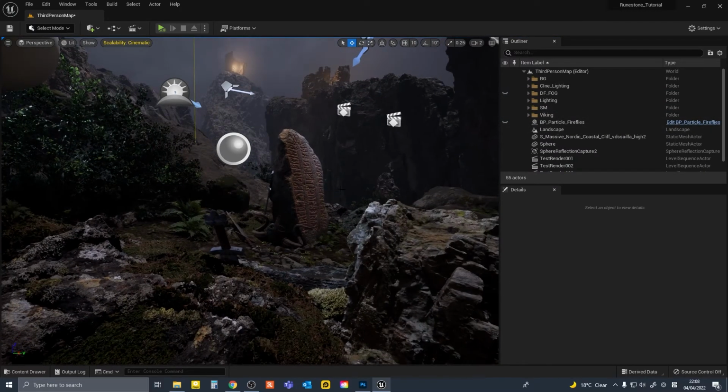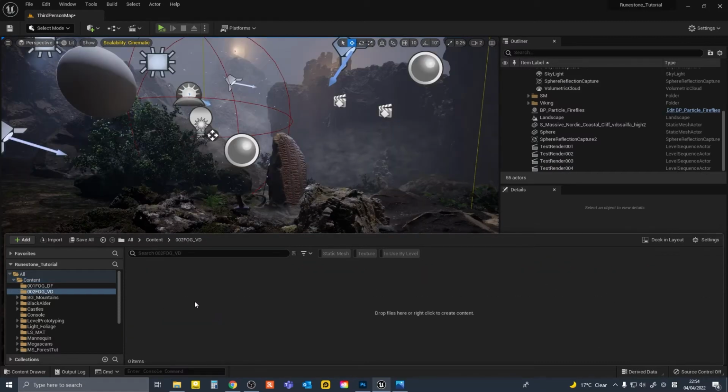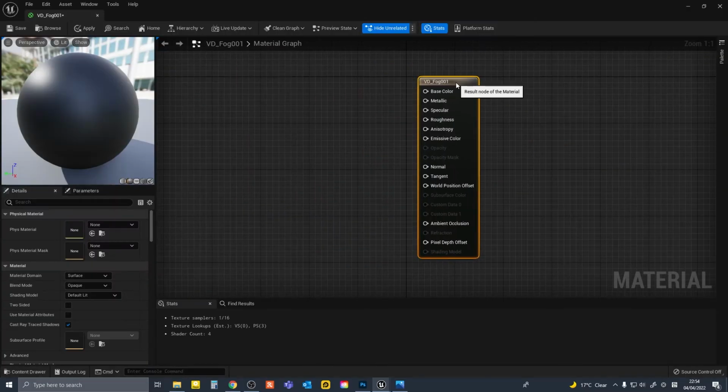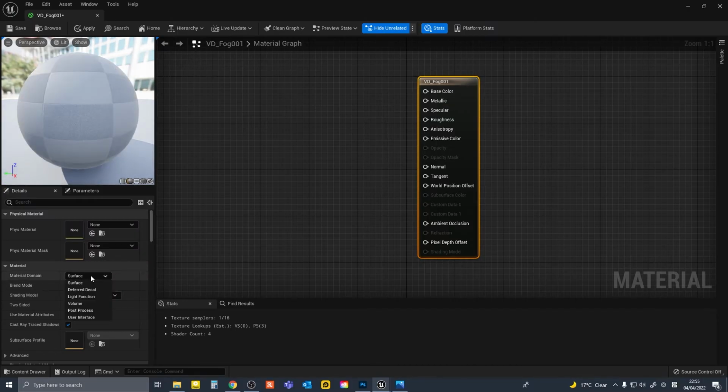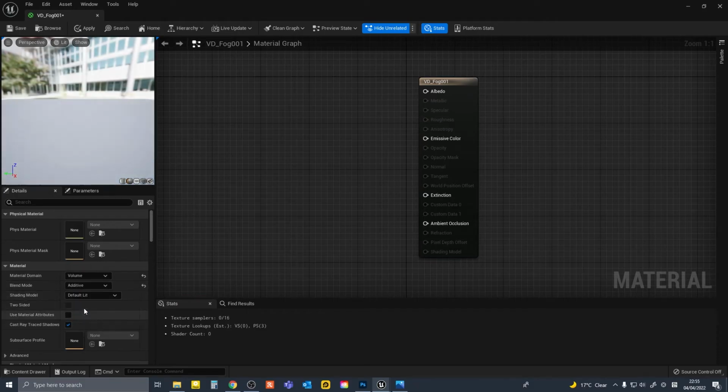So we'll go to content browser, make a new folder called 002 for volume dynamic. In our new folder, we're going to right click and create a new material, and we'll call this 3D fog 001, and then double click. With our material output selected, we're going to change the material domain to volume and blend mode to additive and